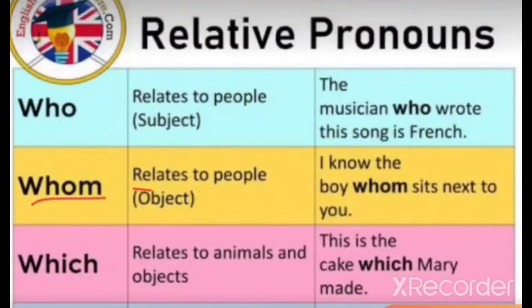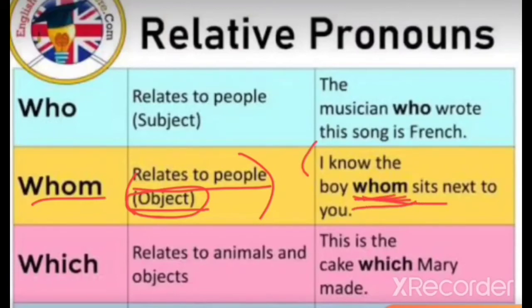The second one here is whom. So it relates to people also here. Whom also relates to people, but it operates as an object. It works as an object at the back. So see the example here. I know the boy whom sits next to you. Whom sits next to you is the relative clause. I know a boy is the main clause. So whom is a relative pronoun that connects here as an object,